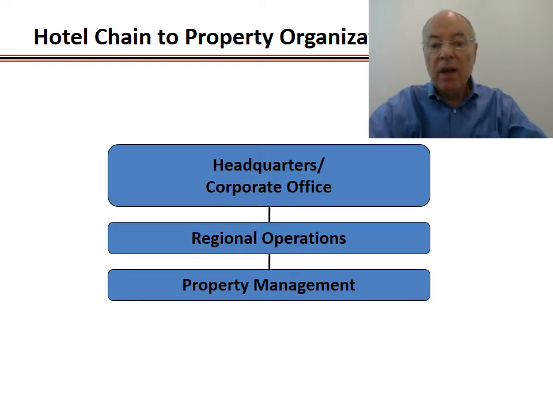So typically you have a headquarters or corporate office. So in my day with one of the big companies, the biggest company in the business today, Marriott, we had a headquarters corporate office in Bethesda, Maryland. We also had regional offices in different parts of the United States. We didn't have a big overseas aspect, but there was an office in Europe at that point. Now they have offices all over, of course, including Asia.